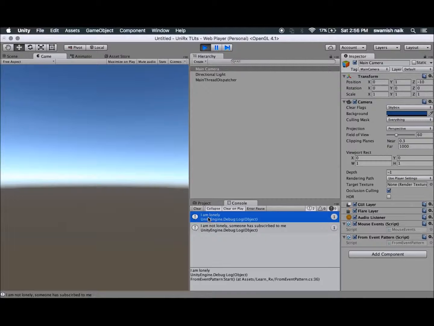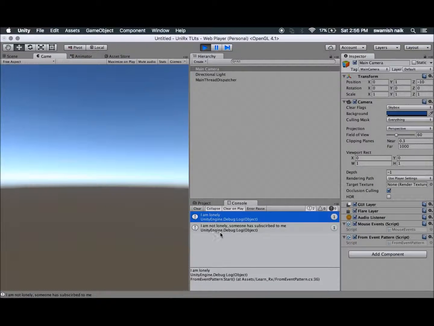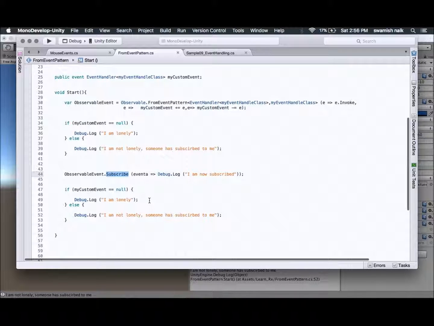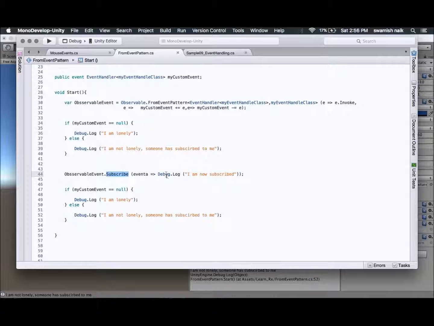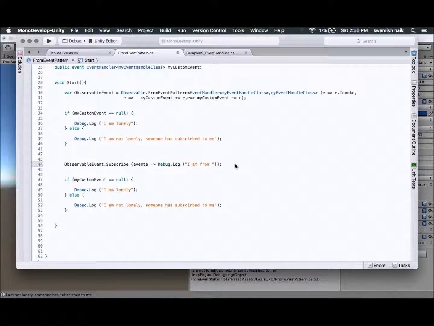Okay, first it's showing "I am lonely". Then we are doing Subscribe, so it's now not lonely and showing us output. The next step is how we can spawn our event which will give us this output, "I am now subscribed", or "I am from subscribe".